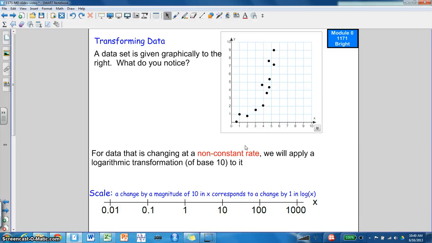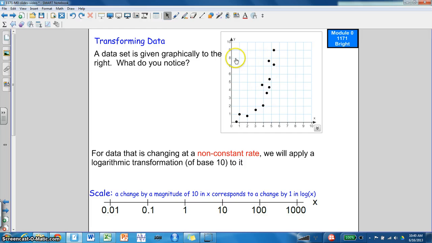Okay, the next thing we're going to talk about is transforming data. If we look at a set of data and we are able to plot the data on some sort of axes, and this is just an imaginary data set that was created. X is along the horizontal axis and Y is along the vertical axis, and X and Y here don't have any real context. But looking at the data, we see that the data has this kind of upward trend